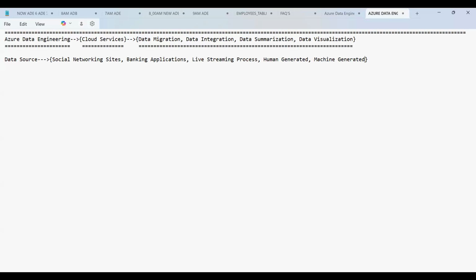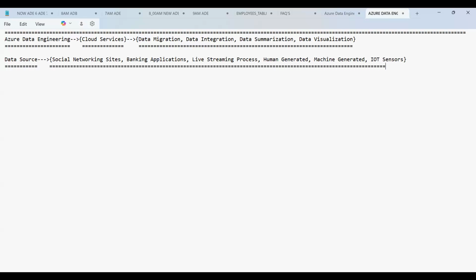And also from IoT sensors. These are all the various sources from where an Azure data engineer can expect the data.